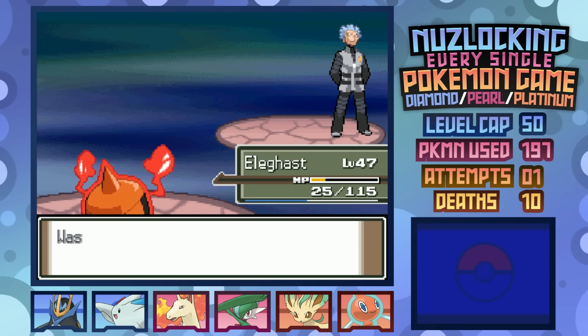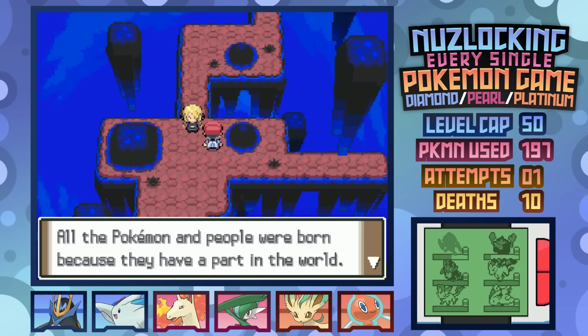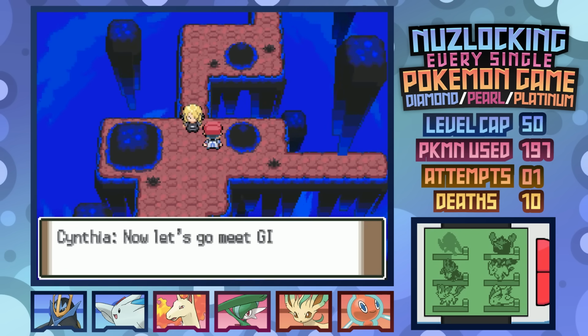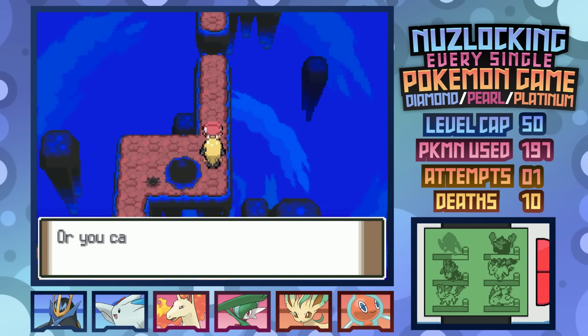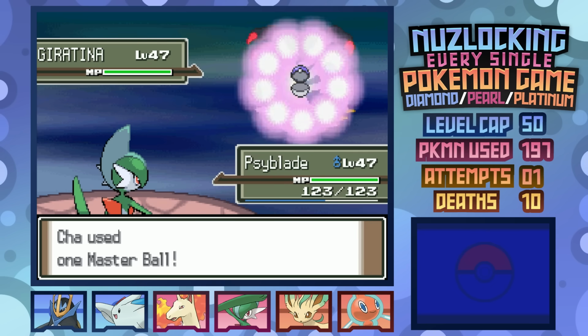Probably should have avoided that Night Slash, especially when it has a high crit rate, but hey, I've got a few other backup plans to replace Rotom in case things went south. One capture and release of Giratina later, and we're once again staring at the last 7 fights of the game,